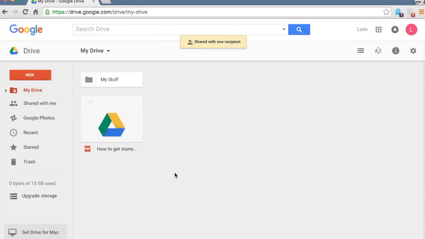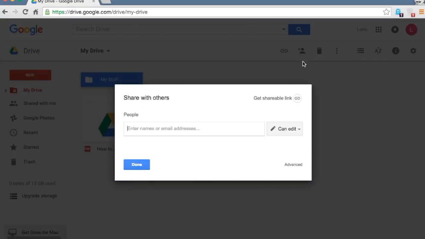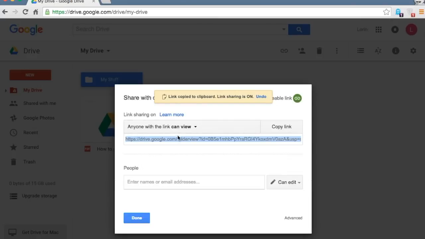So now I will have an email in my inbox inviting me to come and collaborate on this entire folder. So there's another option for sharing. We're going to select the folder again, go up to the avatar, but this time I'm going to click on Get Shareable Link. Okay, and click to copy the link, and now whoever I shared the link with can view. They won't be able to edit if they're just clicking from the link because of the current settings, but